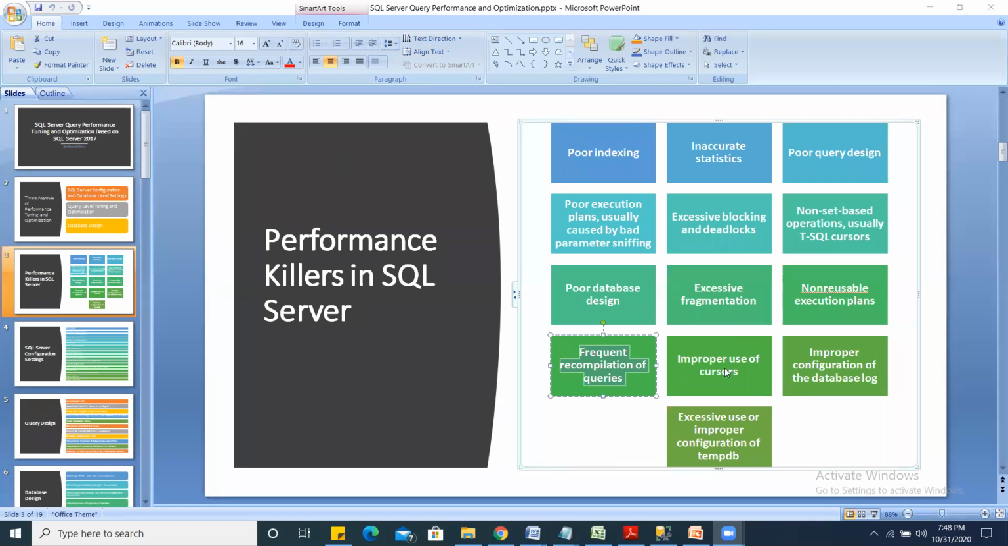Okay, then improper use of cursors. Here you see, one of the major points is that a cursor is a non-set-based operation. Your cursor is a non-set-based operation. And here I have written improper use of cursors, right? What does it mean? Cursor